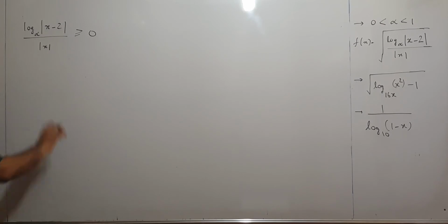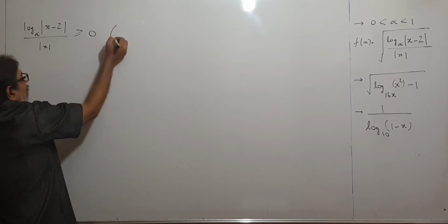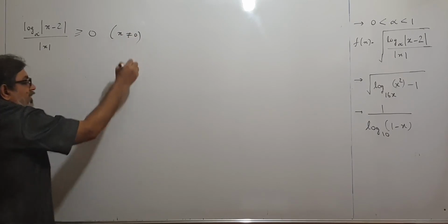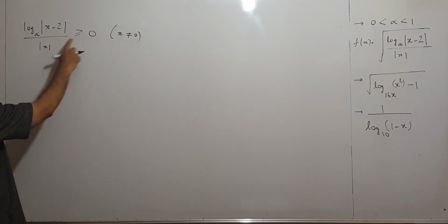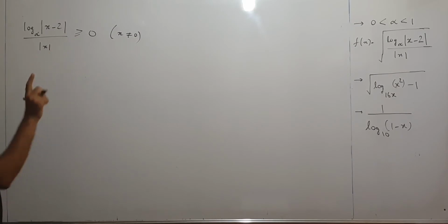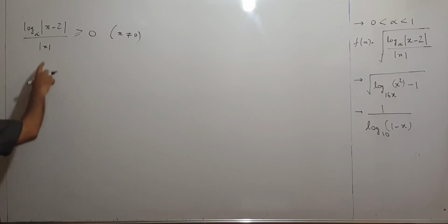Children, if x is less than 0, then this function cannot be defined. So we understand that x is not 0. That is for sure, 0 cannot come in the domain. Otherwise, whatever value of x you take, this will be positive. So I can take mod x over here. I can multiply by mod x on both sides only when I am sure that mod x is positive, so we can multiply only when we are sure about the quantity. Now mod x will always be positive when x is not 0, so I can take it over here.